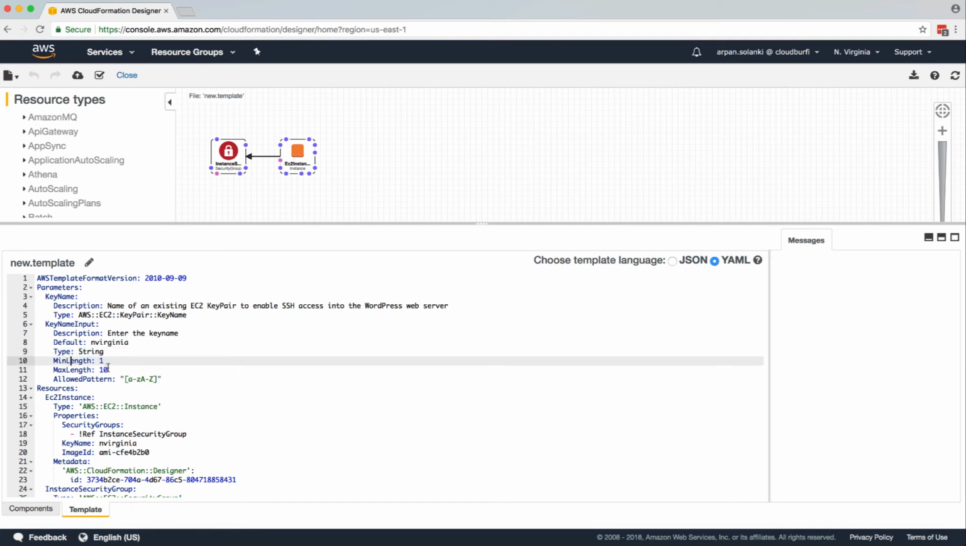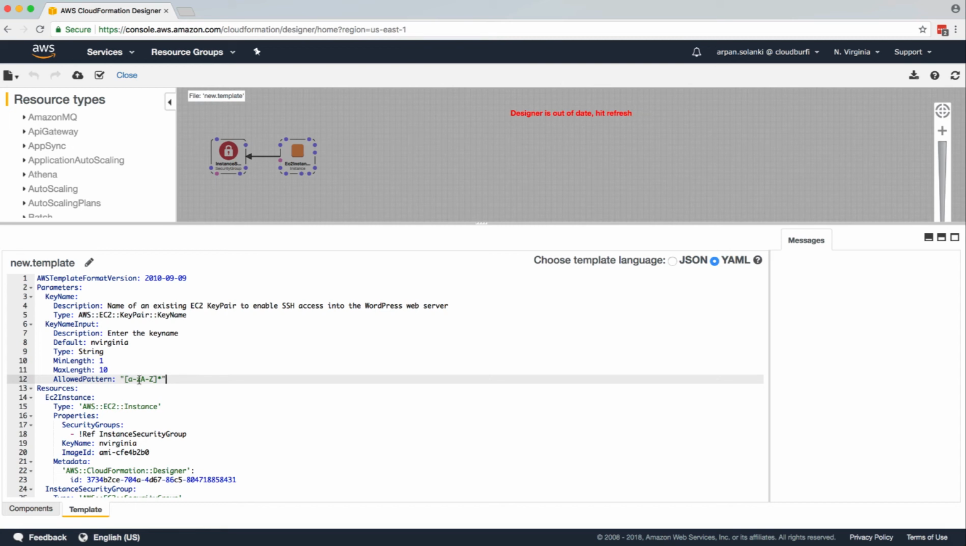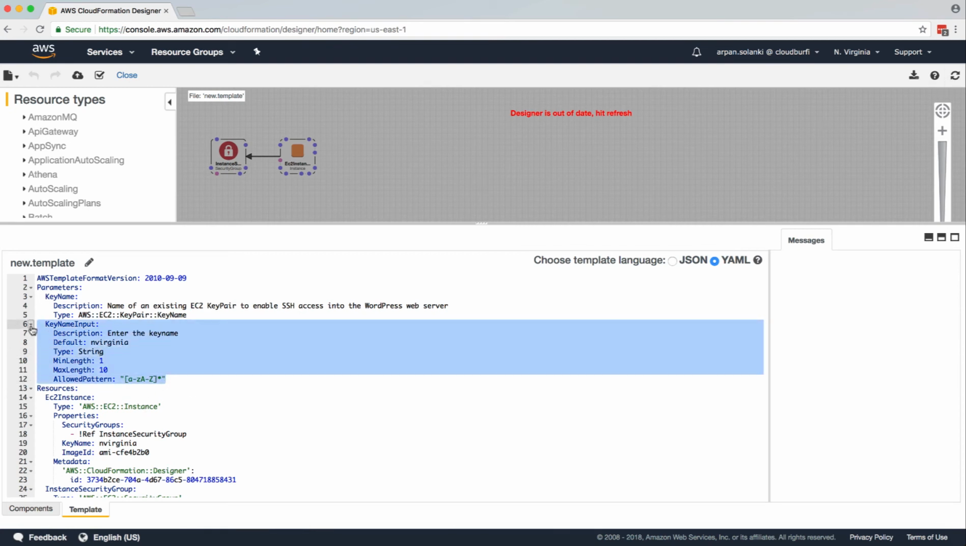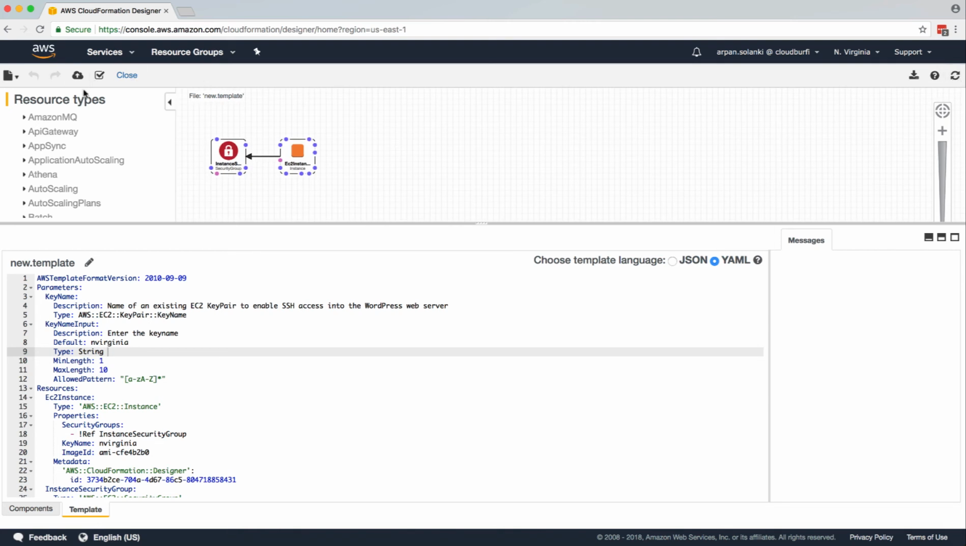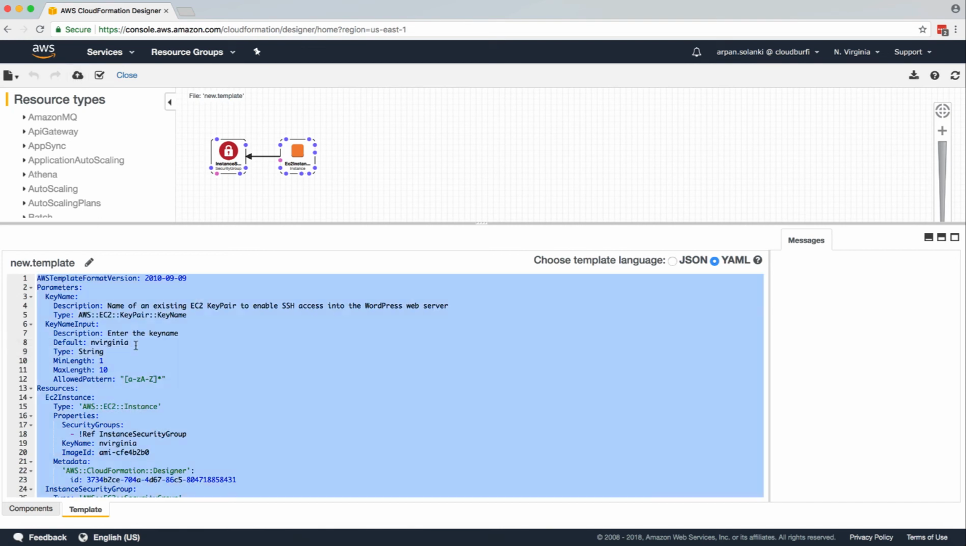and the minimum length is 1, max is 10. So the user will not be allowed to enter more than 10 characters. And the allowed pattern, we can define the pattern over here. So it's basically, you can enter an alphabetic character, and it repeats multiple times. So that's how you can accept an input from a user. So in the parameters section, this is how you accept input from a user, where you can do validations and things like that. If you refresh our template and it says template is valid,